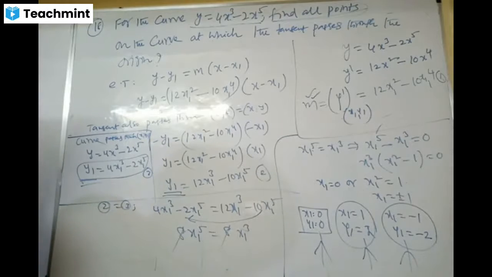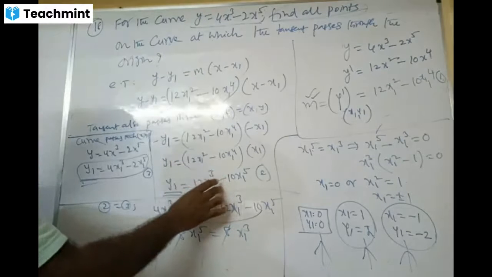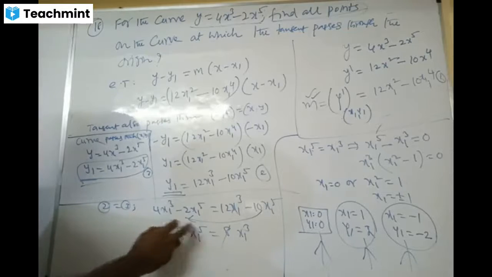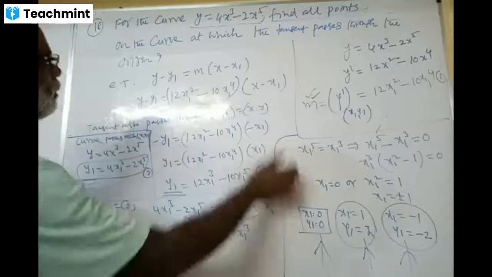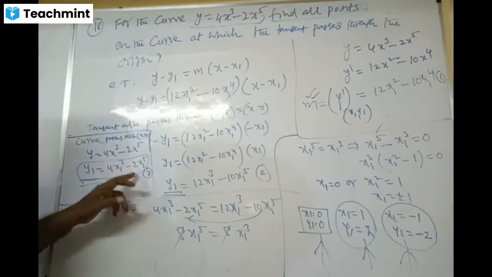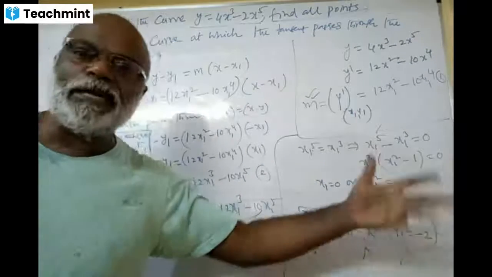I hope it is clear now. Let's start from the right. We come up to this, and we went here. 2 and 3 are equal. Then we solve for x1. Then we got y1 by substituting either here or in equation 3. Okay, put in the 3, that's best. Put x1 values in the 3 and 4.